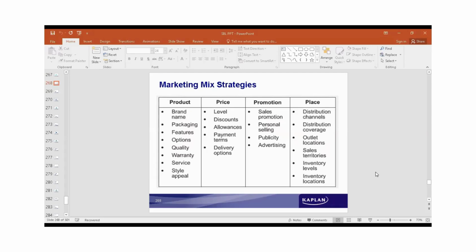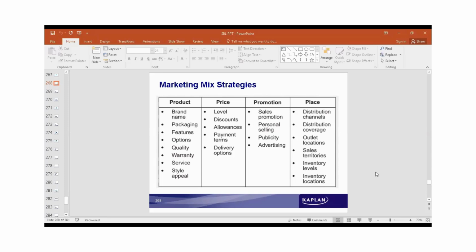About the product, these are the features which we see about the product, that is the brand name, packaging, how it's taken up, the features, options, quality, warranty, service, and style appeal. These are about the products. So what's the marketing mix? The way it is taken to the customers, about attracting the customers, the strategies that are adopted would be with